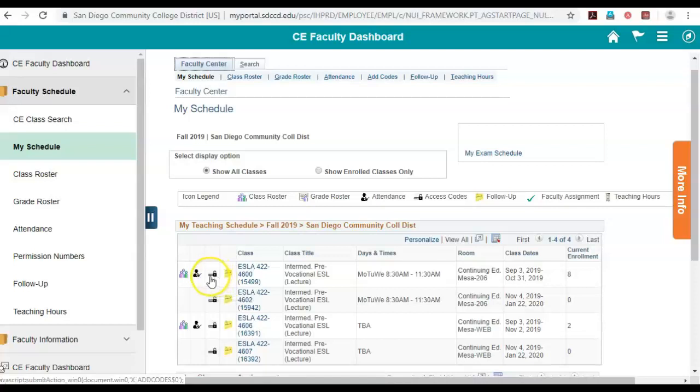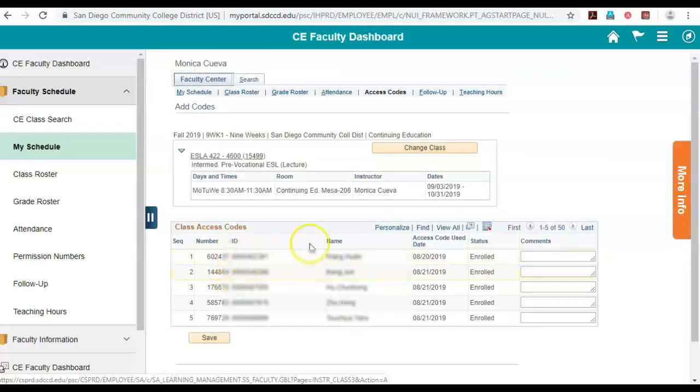So you can click on this icon that says access codes next to the class that you would like. And it will open a list of your access codes, and if there's a date under access code use date, that means that this access code has already been used. You can scroll through the access codes up at the top right by clicking this arrow. You can also print the access codes all together, and you do that by selecting this Excel icon at the top of this box. So you'll click that icon